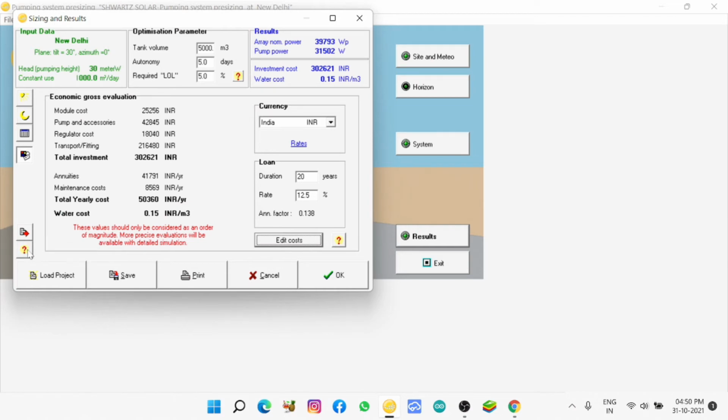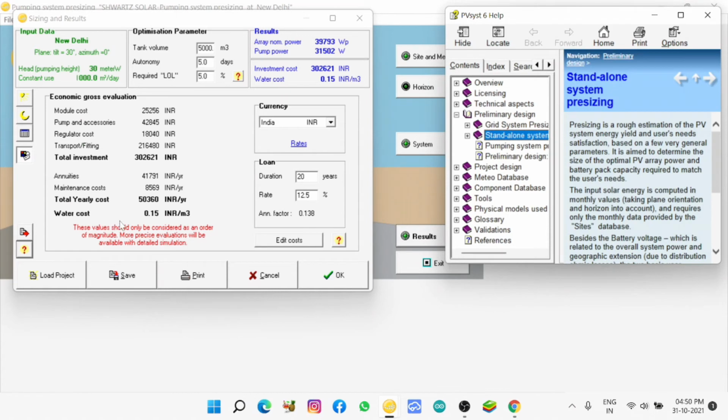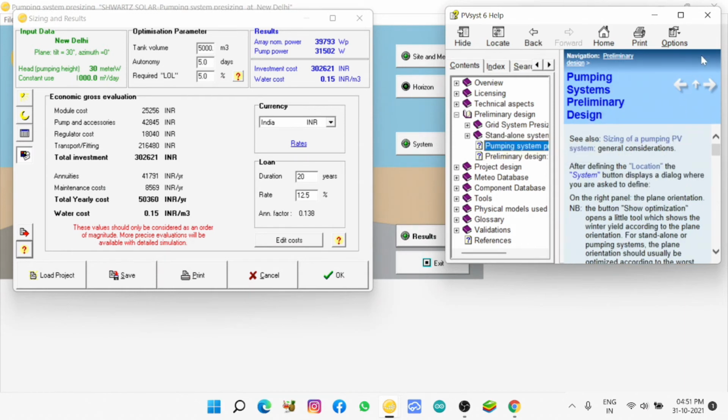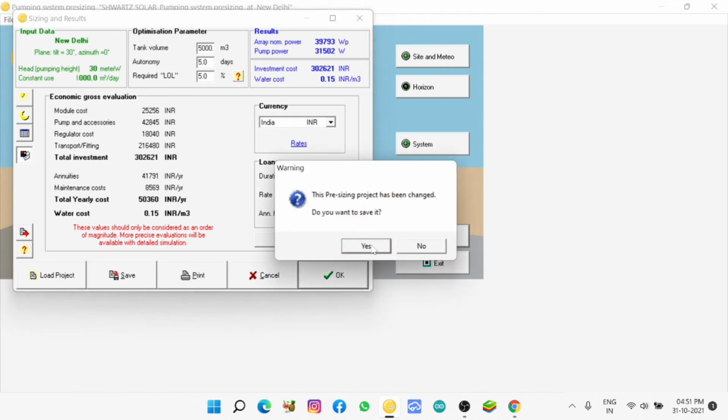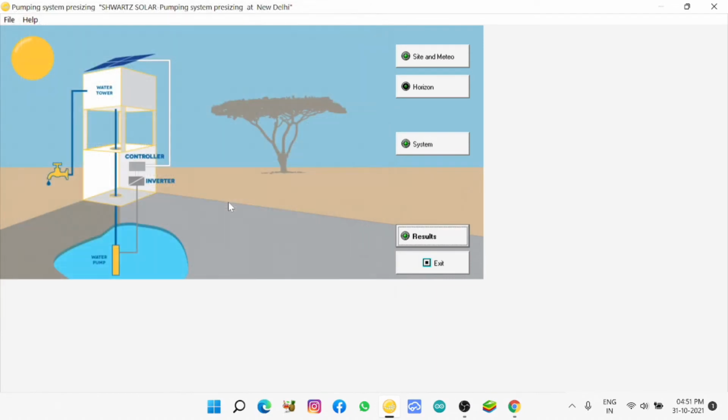And you can select the currency, in which currency you want. It asks, and it gives in different currencies, so that it is easy to make calculations in your own currency and compare with the market prices. So you can change the currency also. So gentlemen, just see my cursor and proceed. You can save it. Now it is okay. Now we will go to the system horizon. It is complete. Results.